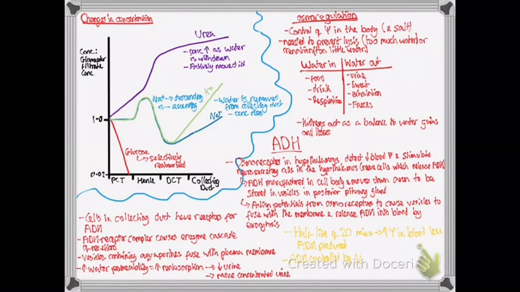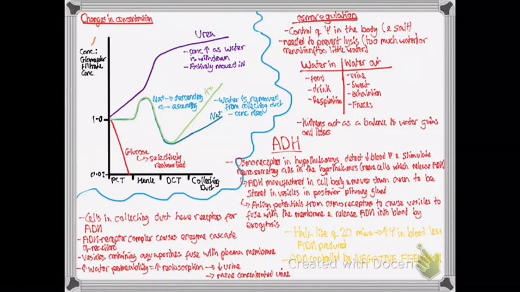One thing about ADH, it's got a half-life of 20 minutes. So therefore, if we get a higher water potential in the blood, less ADH is produced. A half-life means basically it is broken down. So if we get low water potential in the blood, ADH is released to increase the amount of reabsorption of water in the nephron, in the collecting duct. This effect only lasts for 20 minutes basically,